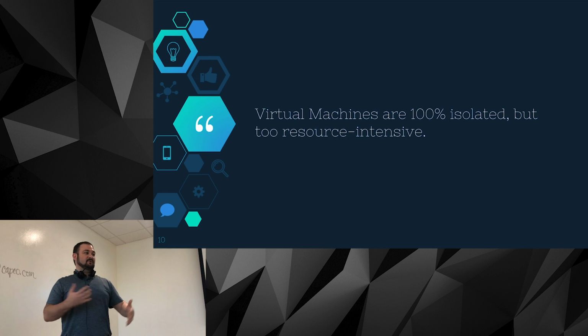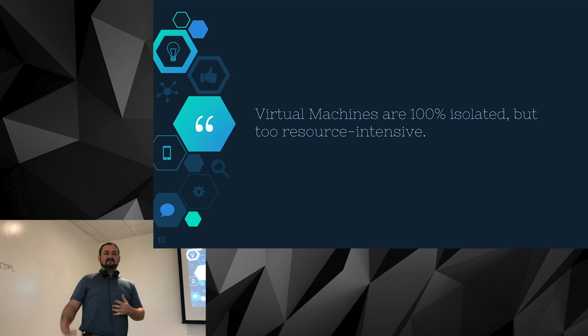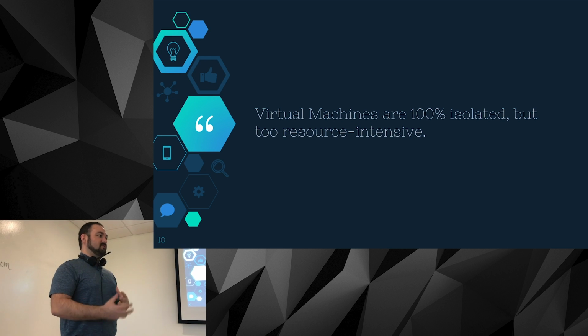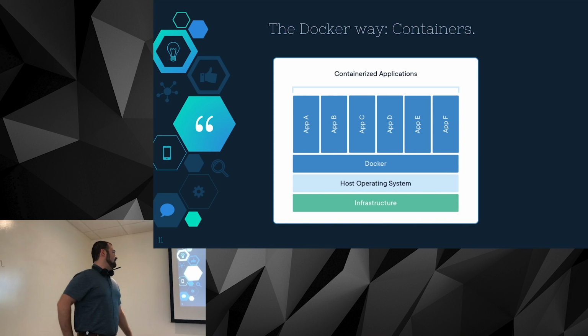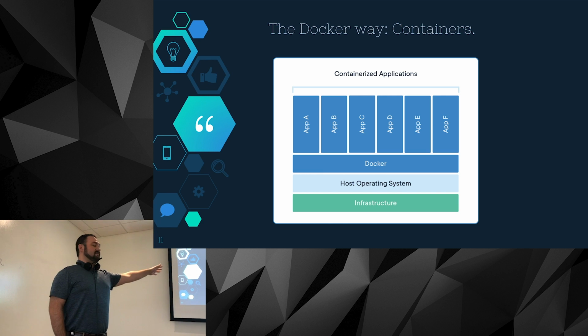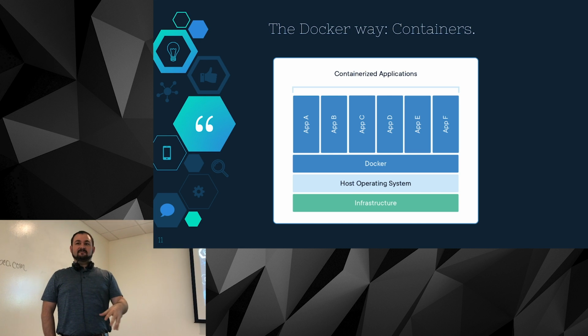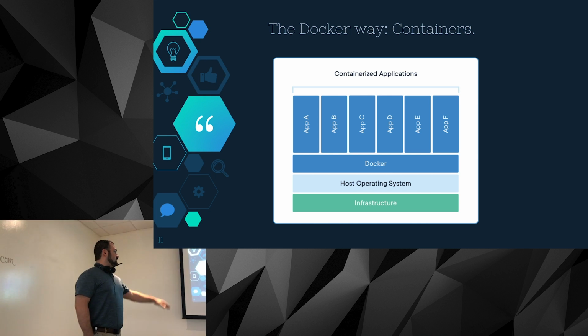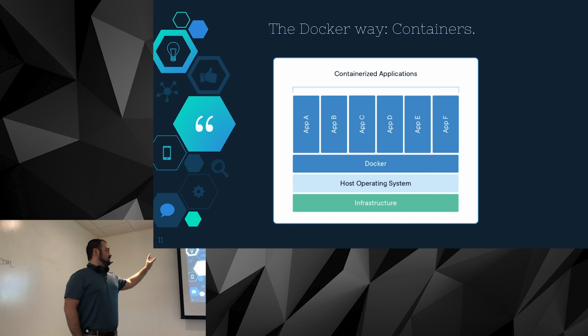So if you spin up 3 or 4 virtual machines, now your computer's starting to chug because you're using a lot of RAM, you're using a lot of threads on your processor to try and run multiple operating systems at the same time. So what Docker does is they let the containers run basically off of the same operating system, which is your host machine. And they use the kernel of that machine, which is the main piece of the operating system. So you've got your computer, your OS, Docker, and the magic that they use, which does employ a little bit of hypervisor. And then you just basically got some images that are running.